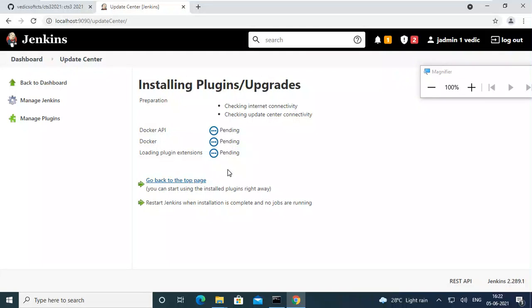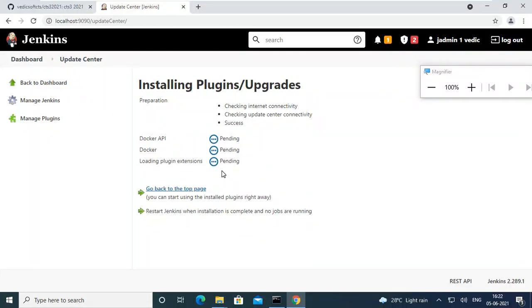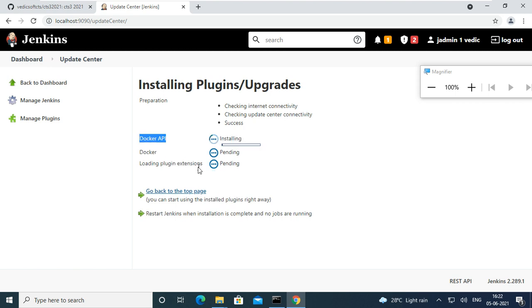Sometimes a plugin has dependencies, so we can check. For example, if you install Docker and then want to connect your Jenkins to Docker, you can do it.